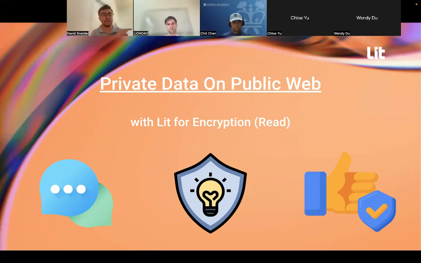And the distinction here between what you would find on something like the Signal app, which is identity-based encryption, where you're doing a Diffie-Hellman handshake and the parties that are going to be decrypting are known. Here, the main advantage is that the parties that are going to be decrypting are dynamic and can constantly be changing. People can be buying and selling NFTs, moving in and out of DAOs, and can create sophisticated Boolean logic. And at the time that somebody wants to decrypt something, they need to prove, through signing a message, that they in fact have the right to be provisioned that key for whatever that content is.